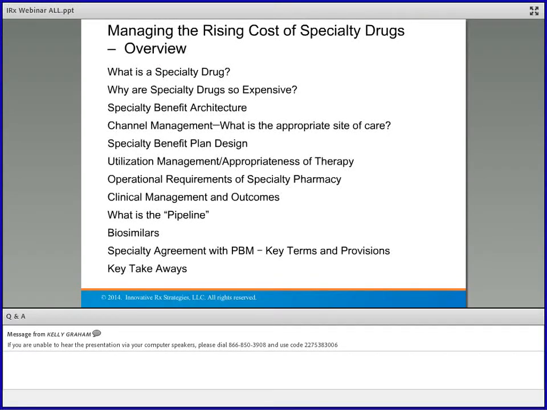I know that for the number of participants that have signed up for this, this is really a hot topic. It has been for our clients for the last year, and this is something that Greg and I have been talking about for the last 2 or 3 years, this train that's been coming down the track, and now it's here in terms of specialty drugs and the costs and how you control that.